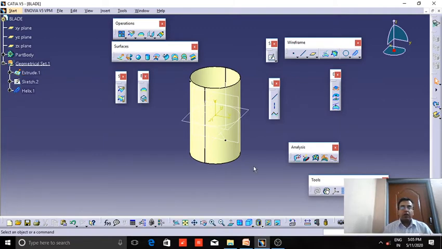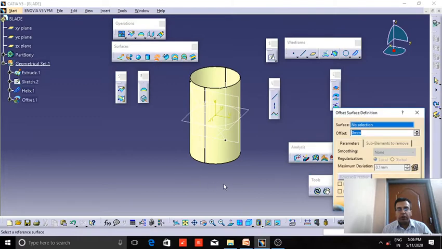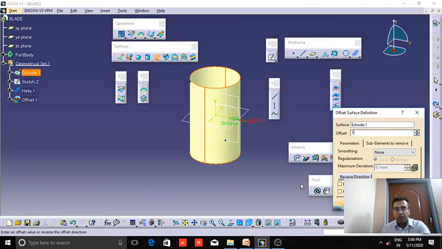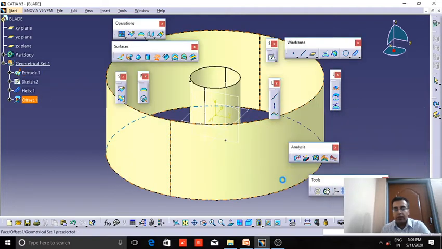Now the next step will be creating a dummy surface at a distance from this base surface, and then by taking the reference of that dummy surface and the helix curve, we will develop the profile of blade. So in order to do so, we have an option here called as offset. We will select the base surface and here we will give the input distance, that is 100 mm.